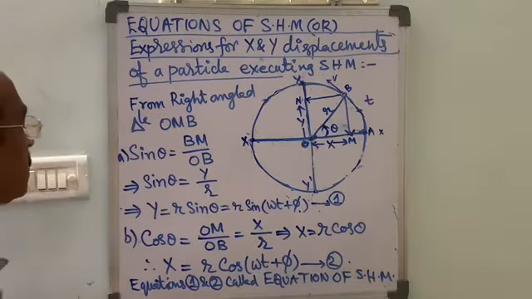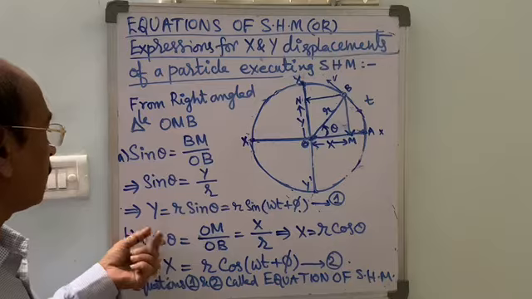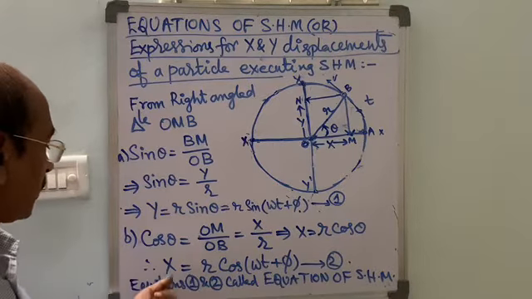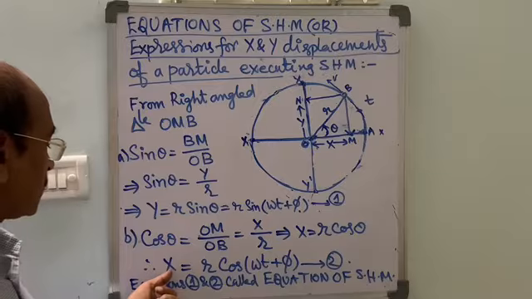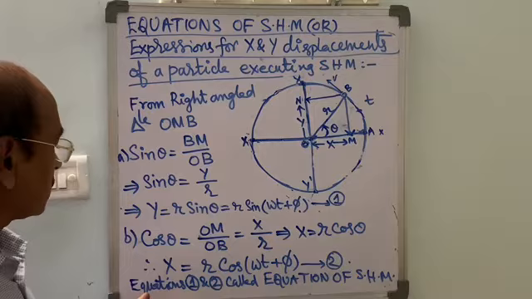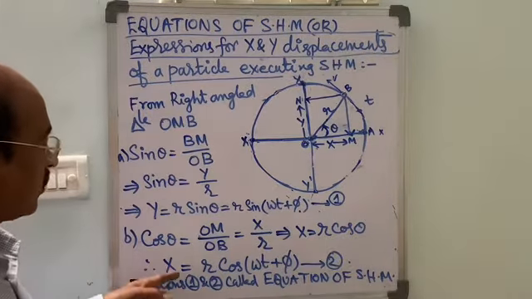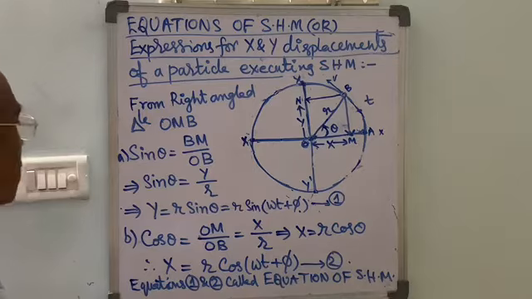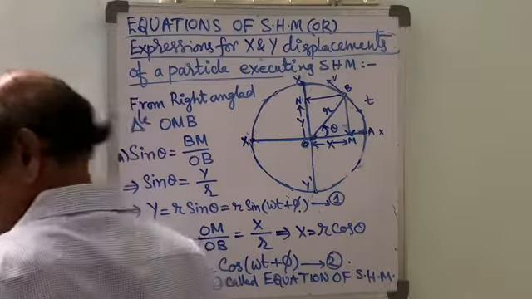So these two equations are nothing but the expressions for y displacement on the y diameter, and equation 2 is the expression for x displacement on the x diameter. So these equations 1 and 2 are known as equations of SHM. Now let us derive the expression for